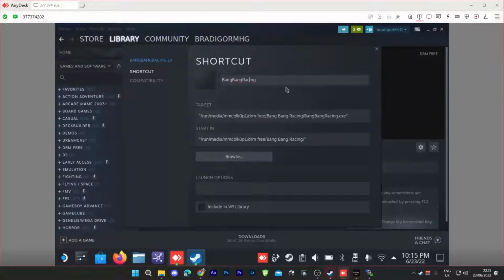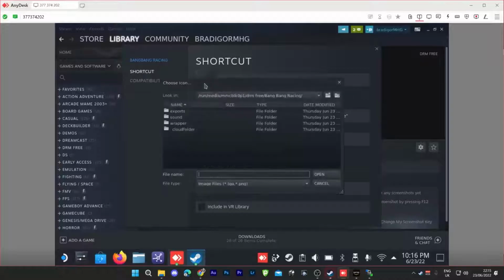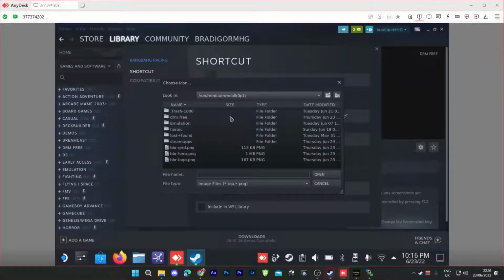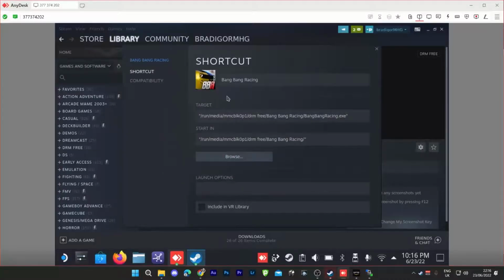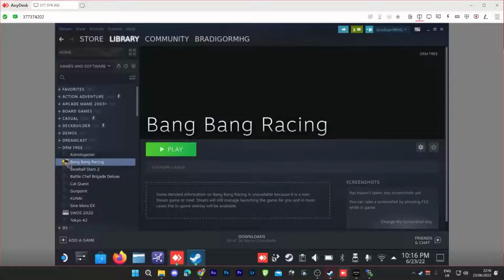So, rename. So it's a bit nicer there. Again, you don't have to do this, but I like to do this. Just, again, bit of housekeeping. Click the icon next to it, and we are going to go to the root where I put the images. And we want the icon, which is not going to show there, but if you click all files, there we go, we've got the icon, pop that in, and now we get an icon. And if we look and boot that, bang, bang, bang, gets the icon there. Now, doesn't always save. Don't know why that is, but doesn't always save,